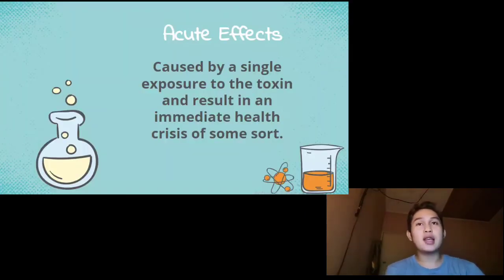So, acute effects. Certain chemicals or substances can be toxic even after a minor or one-time exposure, and this is known as acute exposure. So for example, the venom of a snake, even a single or small amount of venom from a snake, can incapacitate its prey because it is a poisonous or toxic substance which is secreted by the animal. So that is just an acute effect of toxins.